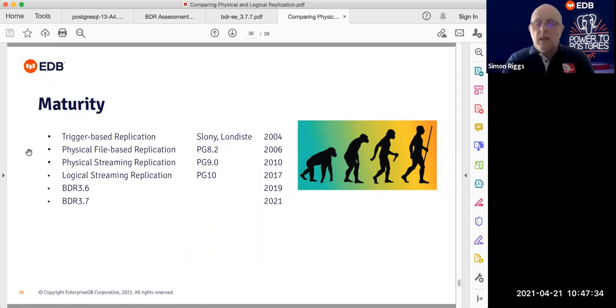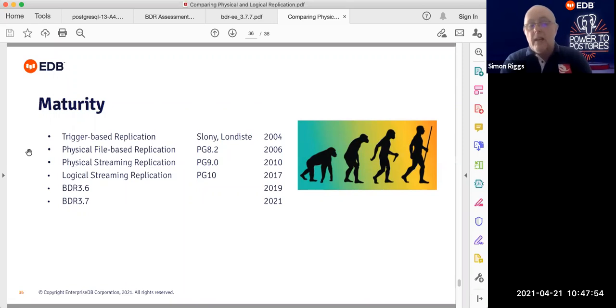But there are still bugs and new features required to make it really work well. And I've identified quite a few of those problems here. So it's not that it's buggy, it's just that it needs specific tuning to make it work properly in certain